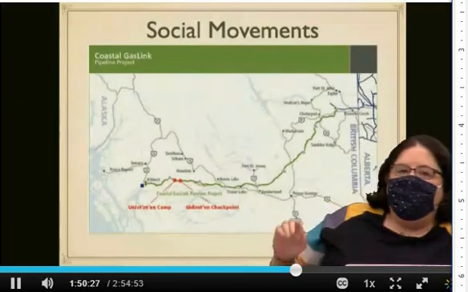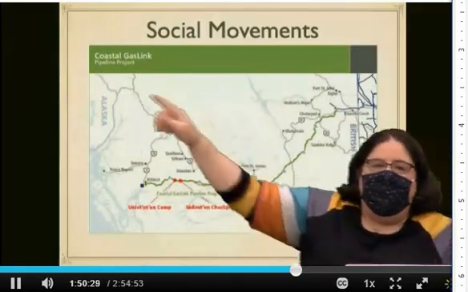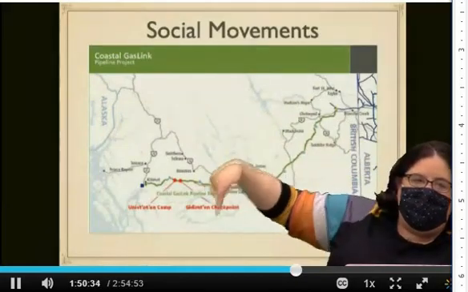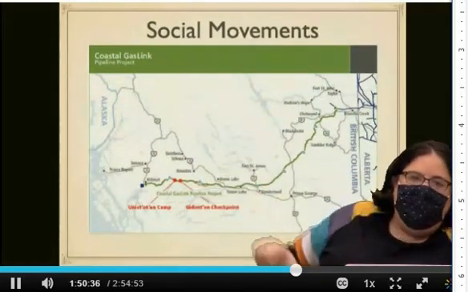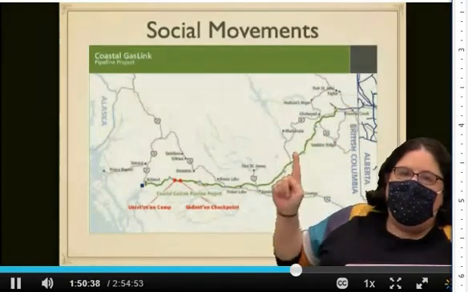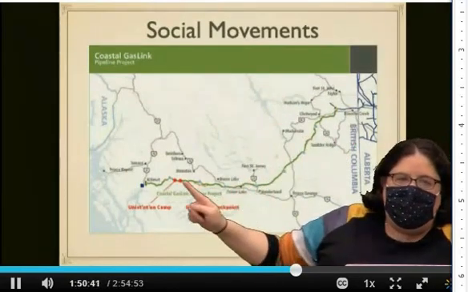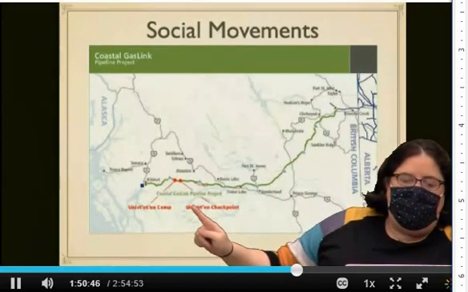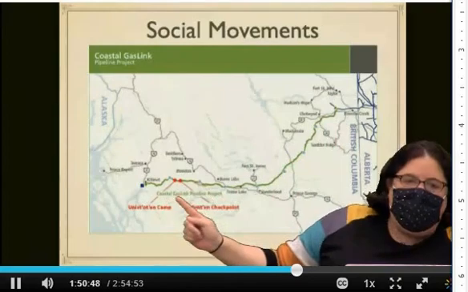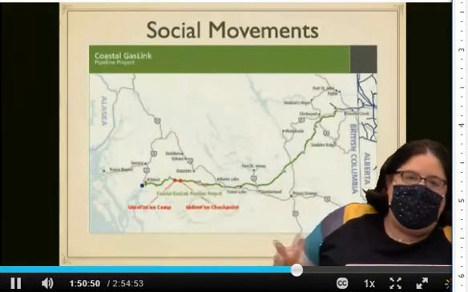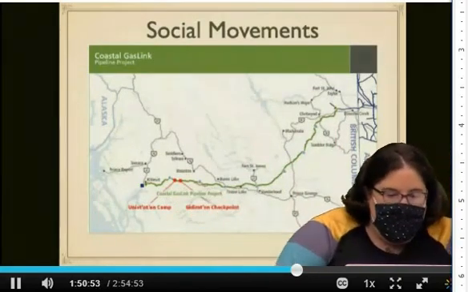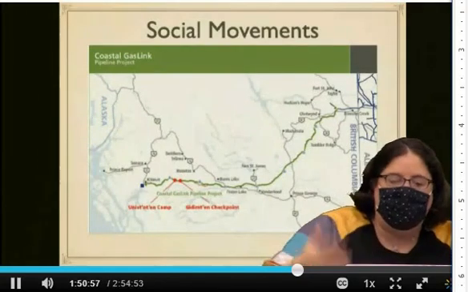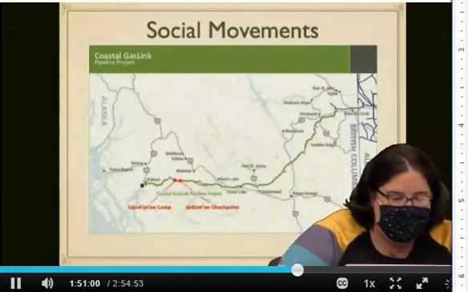So just for some background, this is British Columbia. Alaska is here. Alberta, Canada is here. Washington would be way down there. Vancouver's down that way. And this green line is the route that was planned for this pipeline. The Unistoten's territory and the camp that we're going to see in a minute are located here, right on the pipeline. I'm going to show you a video that sets up the issue, and then we're going to talk a little bit more about social movements, and then I'll show you a follow-up.